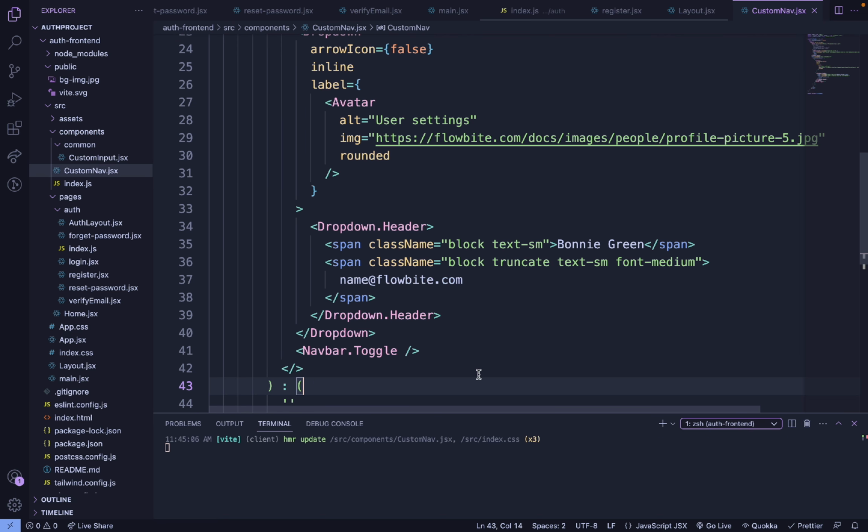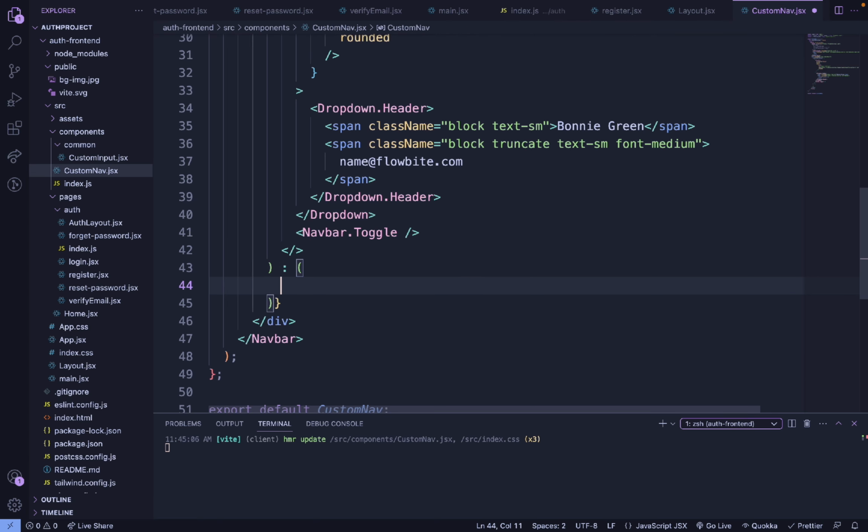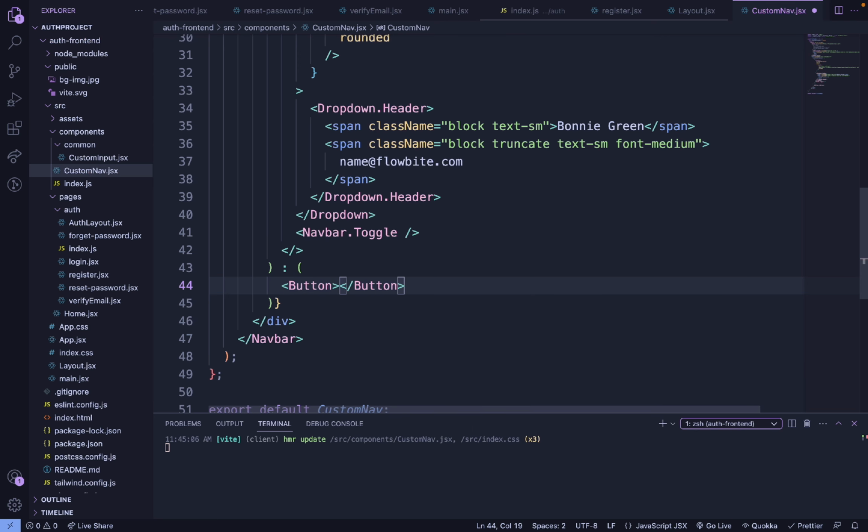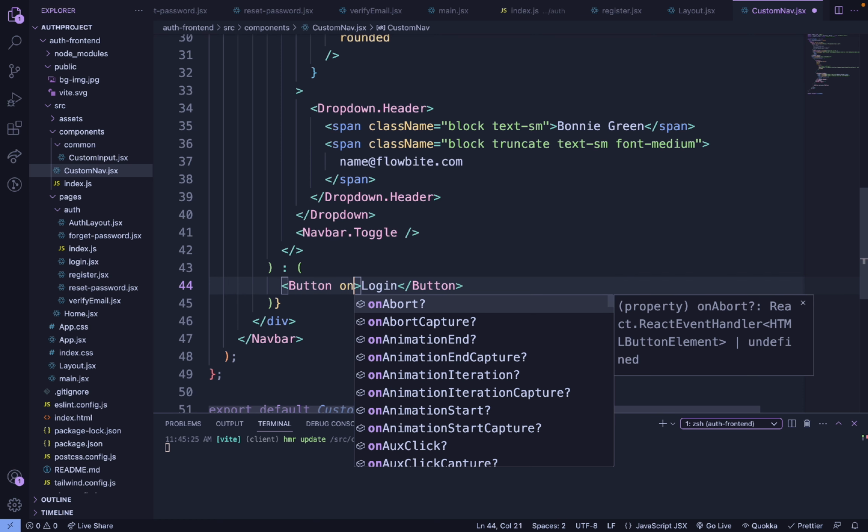But if not, then we need to give them the button, and inside the button we need to provide login, okay, and button, the login. So once user click this button,